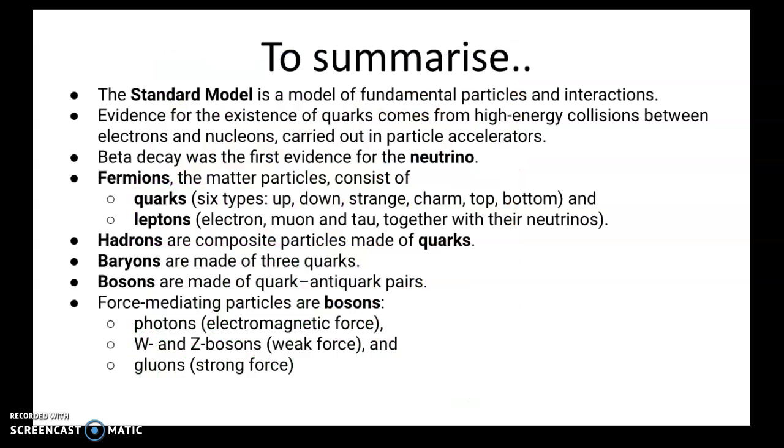So what we've covered is that standard model there. You should now have a better idea that we've got the evidence for these quarks and things from particle accelerators. The beta decay was actually where we got the idea of the neutrino from. Fermions are made up of quarks and leptons with 6 types of each. Hadrons are made of quarks, baryons are made of 3 quarks. Bosons are quark